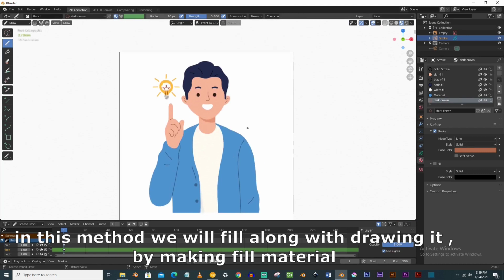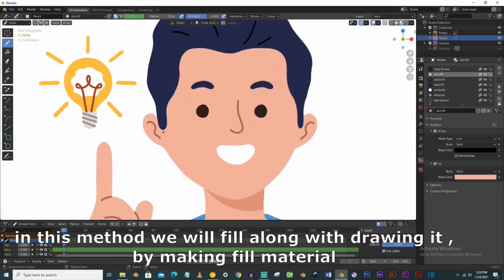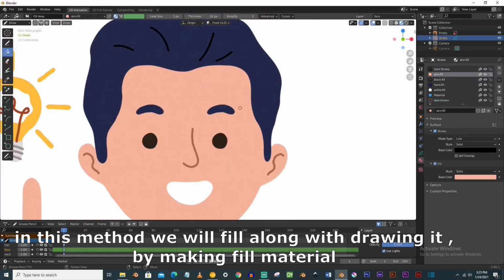And now you can see that we are just pressing and it is filling.